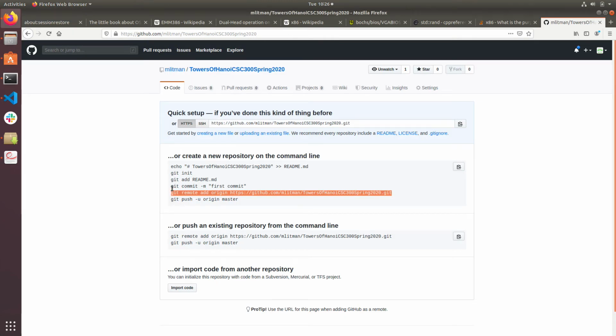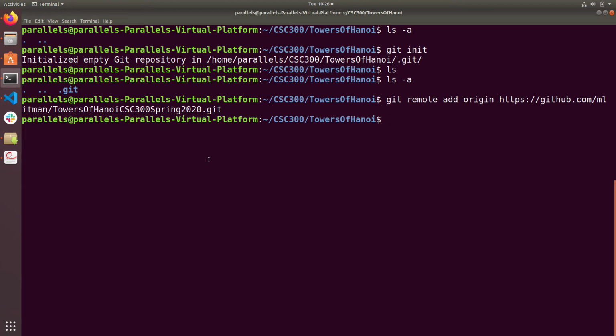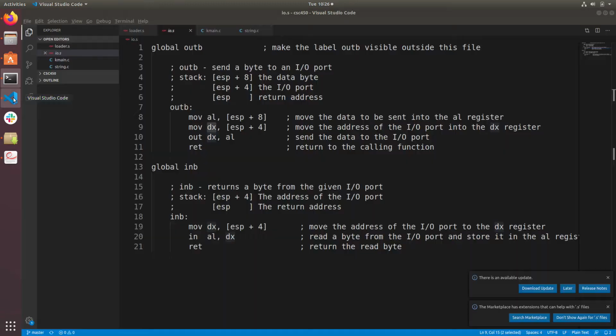Then I can go ahead and do a git commit whenever I've made changes. Usually you would do a git add dot, but I don't have anything in this directory currently. So let's go ahead and create a file in my directory. Then we'll go ahead and do this. So I'm going to go ahead and we're going